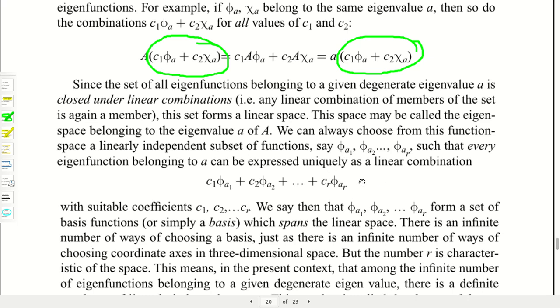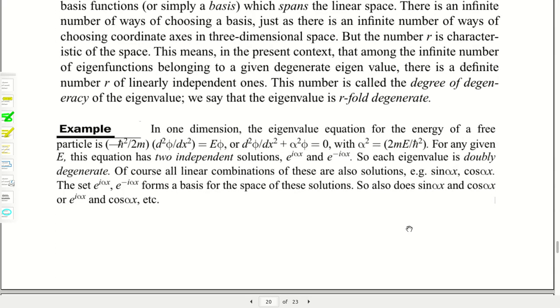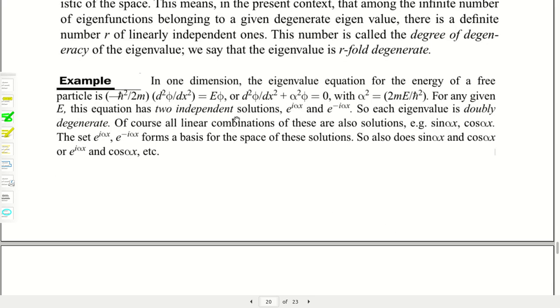That is, you can set up so many linear combinations of those functions to get a new eigenfunction. Okay. So here it is written as R-fold degeneracy. Now, some physical problems are there. I will discuss it when I go to the section on the Schrodinger equation. Now, simply for the sake of mathematical interest, you can consider, suppose there is a differential